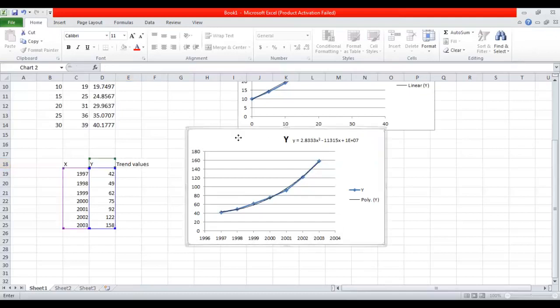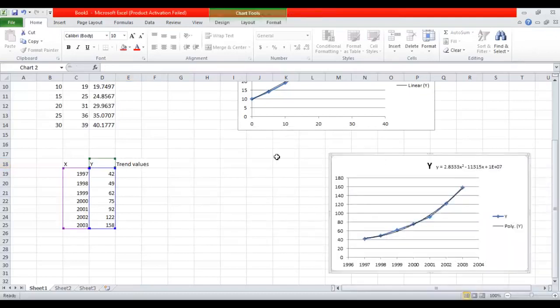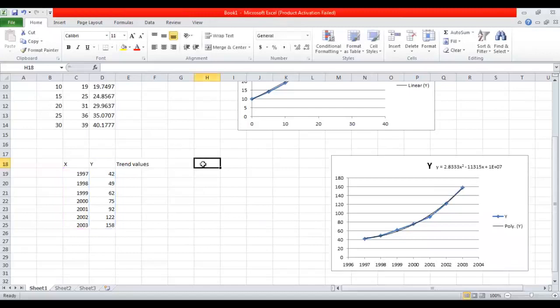Now I'll write the equation here. What is the equation I get? y equals 2.833